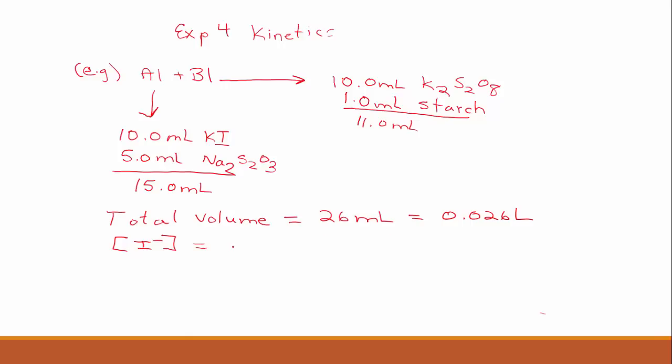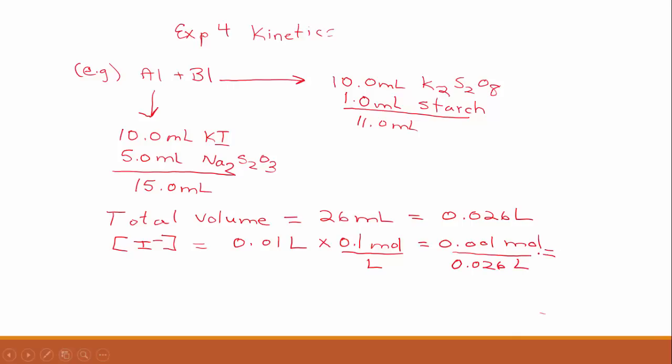So the concentration of I minus is equal to 0.01 liters of KI multiplied by 0.1 mole per liter of KI, which is equal to 0.001 mole of KI. Now, if we divide that by 0.026 liters,